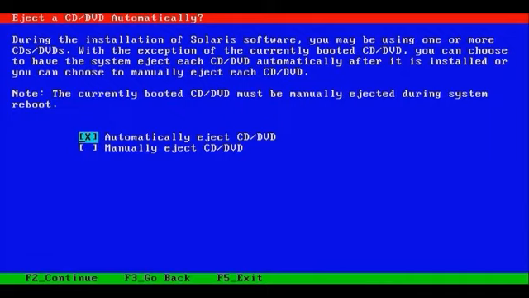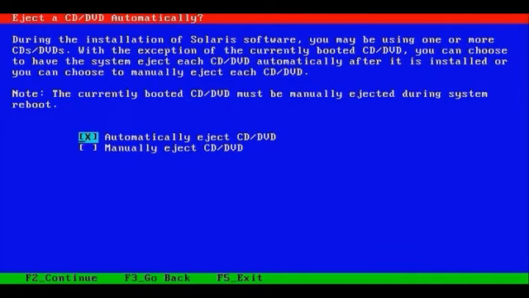So if you're in an environment where the BIOS for the system that you're configuring will not bypass the CD-ROM or wait for user input or prompt the user for input within a given time range before actually booting from the CD-ROM, then consider having the Solaris installer automatically eject the CD. Again, if you don't have it automatically eject the CD, the system will be rebooted after a certain point in the installation,